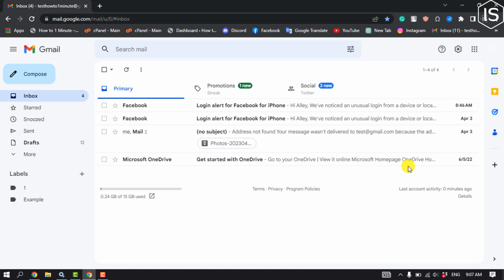To filter emails automatically on Gmail, follow these steps. First of all, open Gmail and go to the search bar at the top. Now, enter the search criteria for the emails you want to filter. For example, you can search for emails from a sender's address with a specific subject line, related keywords, or file types. So I'm going to type in here account